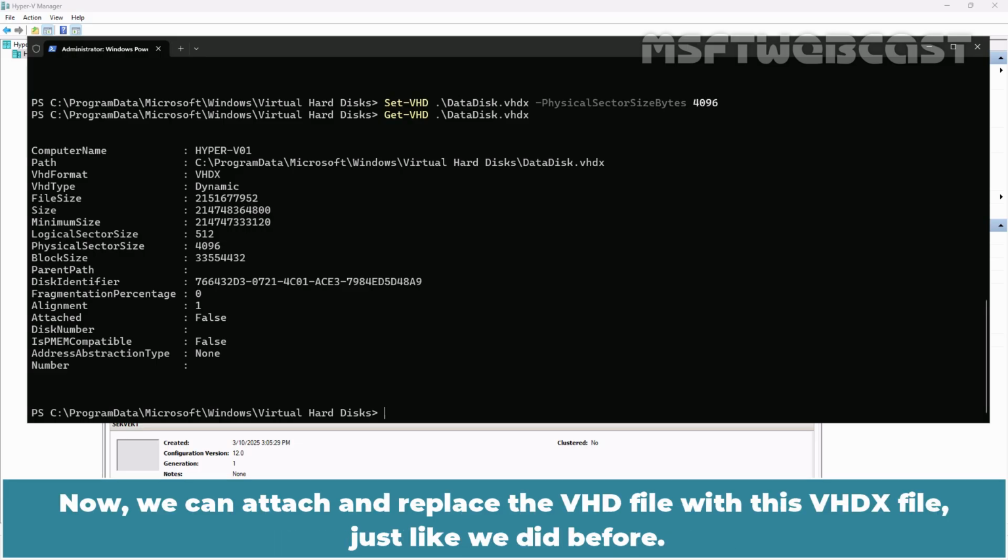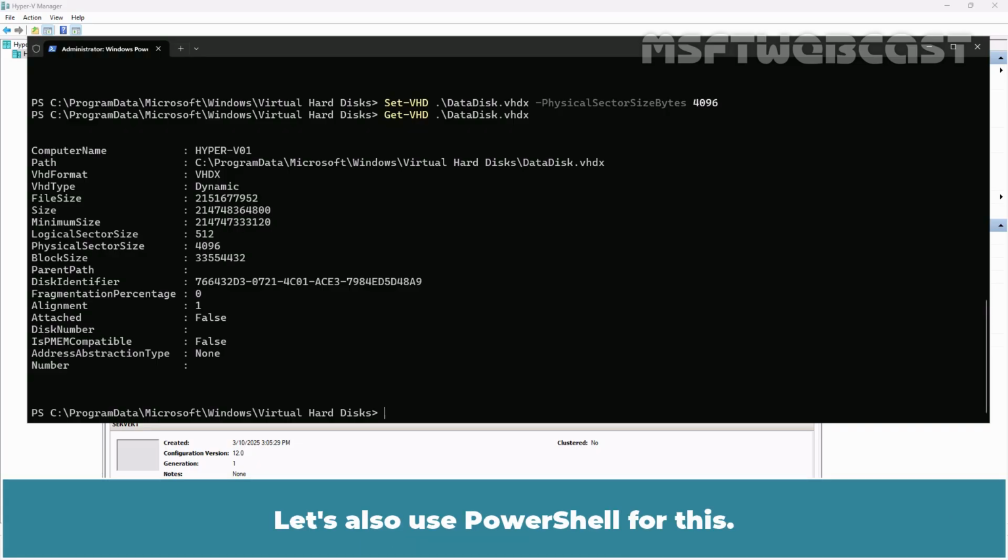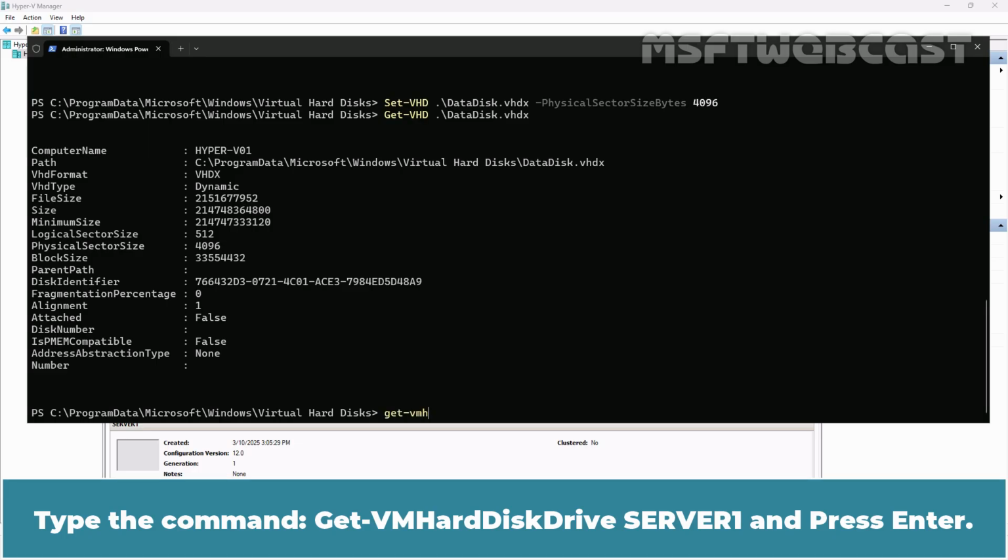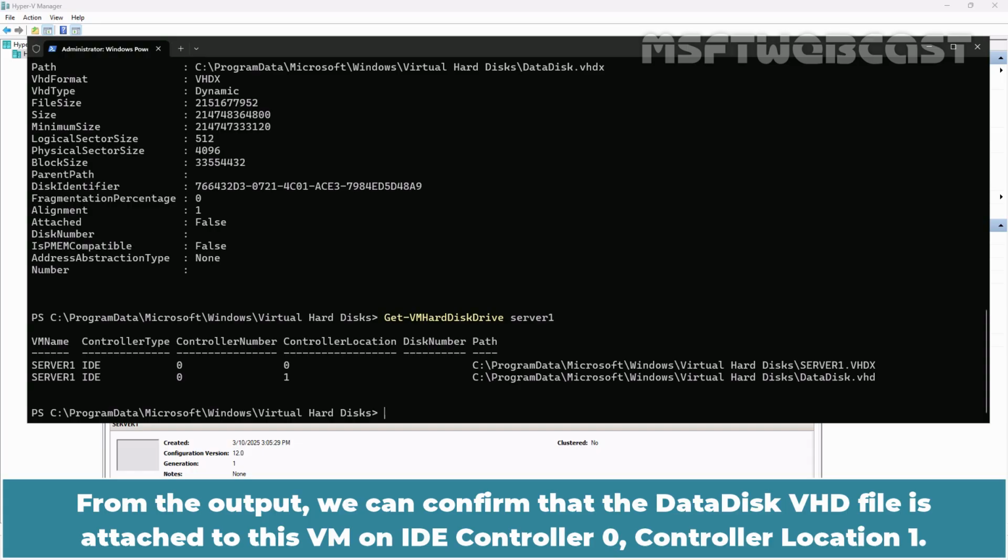Now we can attach and replace the VHD file with this VHDX file just like we did before. Let's also use PowerShell for this. Type the command Get-VMHardDiskDrive server 1 and press Enter. From the output, we can confirm that the data disk VHD file is attached to this VM on IDE controller